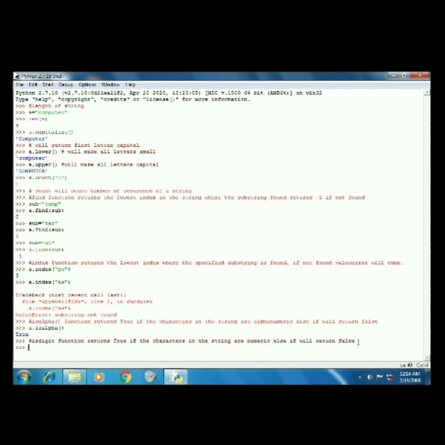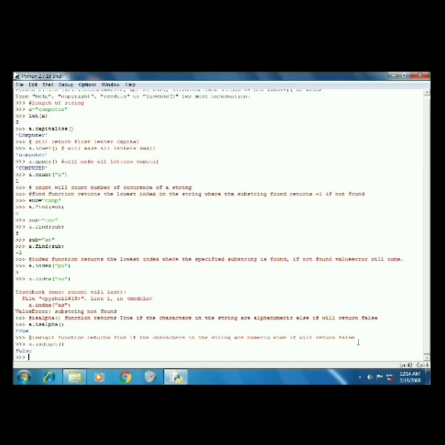Here a is equal to "computer" and a.isdigit() will give a false result. If a is equal to "123", a.isdigit() will give a true result.